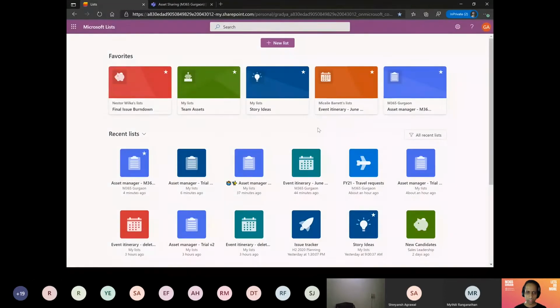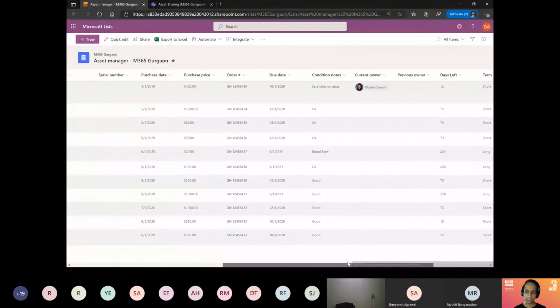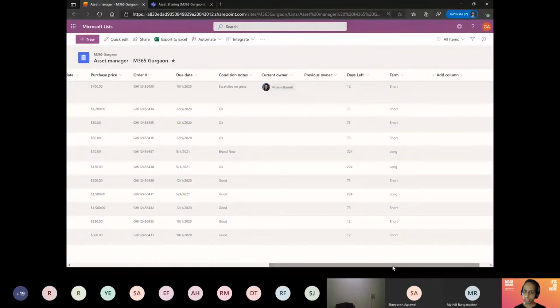Going forward, I'll not go too deep in the other areas, but you can add calculated columns, which have been around, but it's a really nice way to see how many days until a certain device is due, right? In this case, I have added a calculated column which says, from the due date till today, how many days are left.